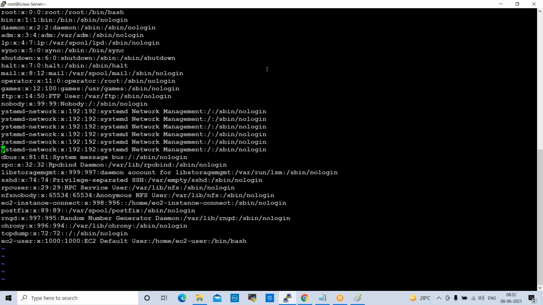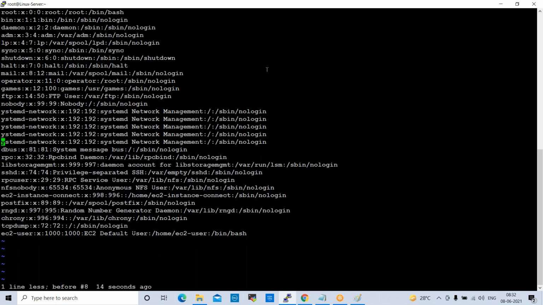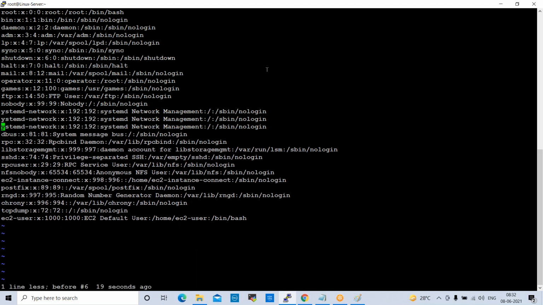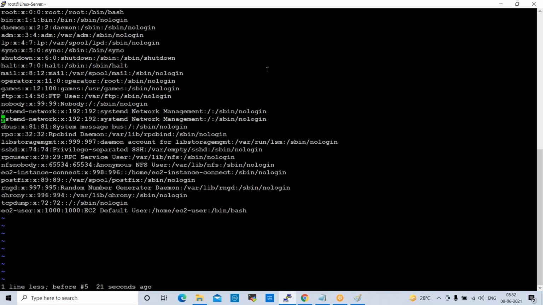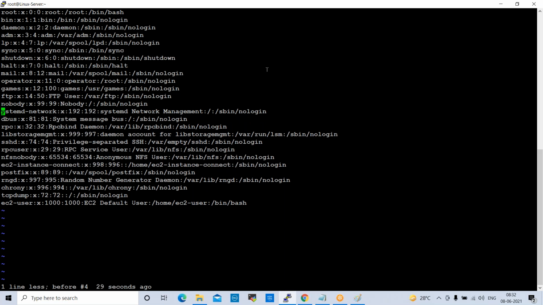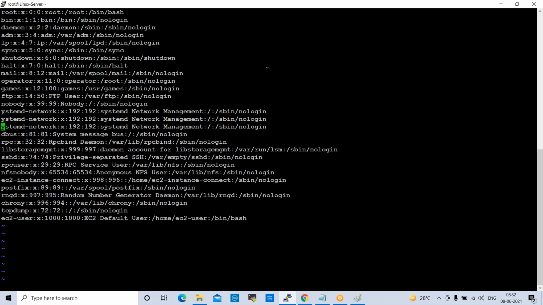And also if you want to undo these lines, small u. If you hit small u, what will happen? It will go back to the original state. Undo means it will go back to the original state. So if you want to copy entire line yy, if you want to paste p, like this.